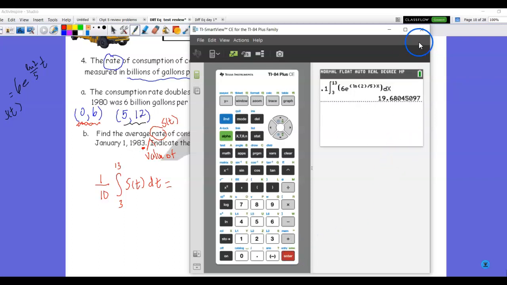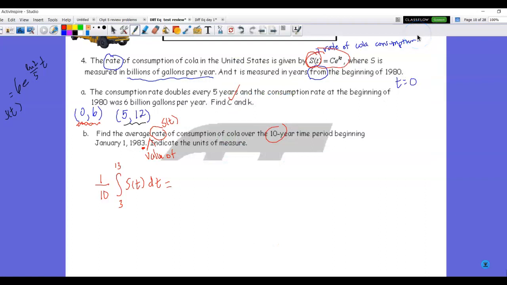I've got to remember that because I need 3 decimal places. Oops, I didn't mean to totally close that, but that's okay. So, whoa, stop it, you dumb, stupid pen. Okay, let's try it again. So I have